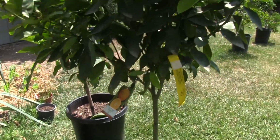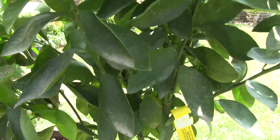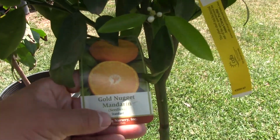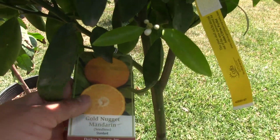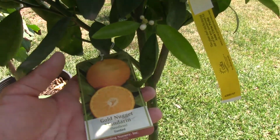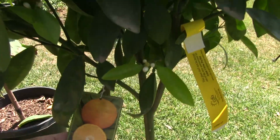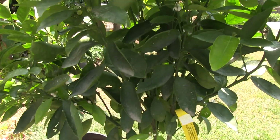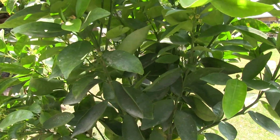Other new tree, this is a mandarin tree, and it is a standard. So if you'd like to learn more about the differences between standard, semi-dwarf, and dwarf fruit trees, check the link in the video description below, where I have a blog post about the differences. And if you saw my brother's video, he's more into collecting the different types of fruit. I'm a little bit more into